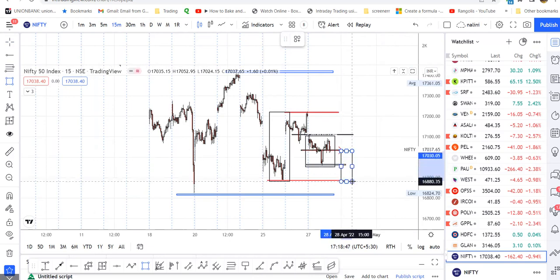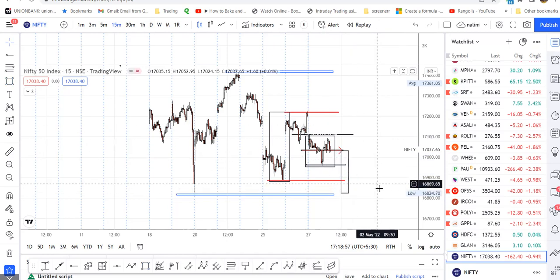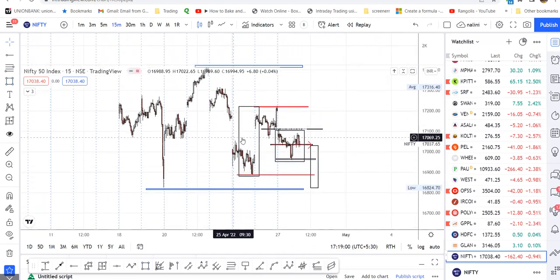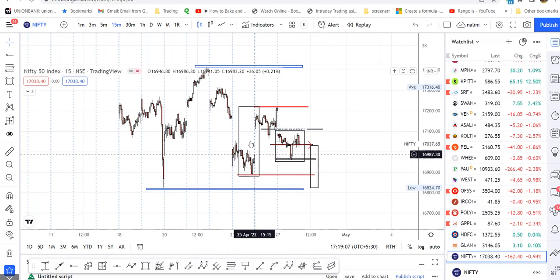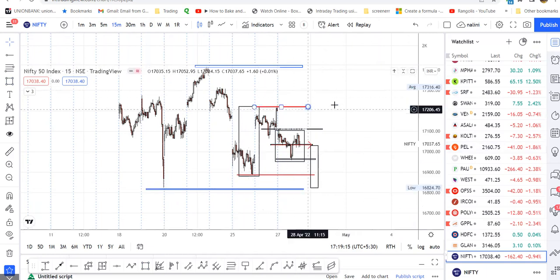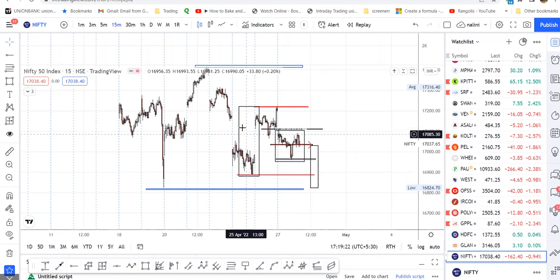it all depends on the global markets. If it breaks this low, there is a high chance of breaking this low or testing this low. So you can anticipate a trade either way in this range, because it is within the range. So this week's trade is between 17,224 and 16,873. So it is a huge range,